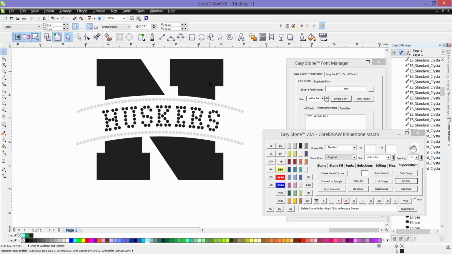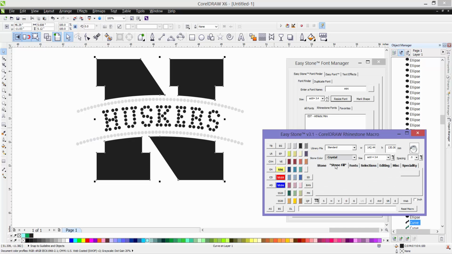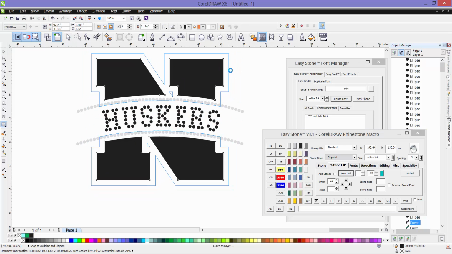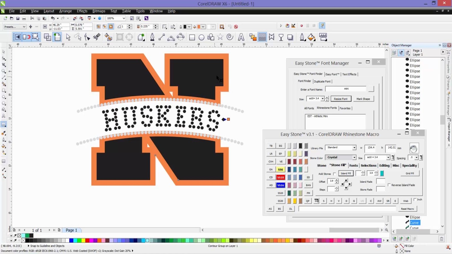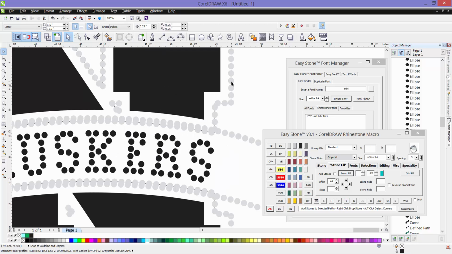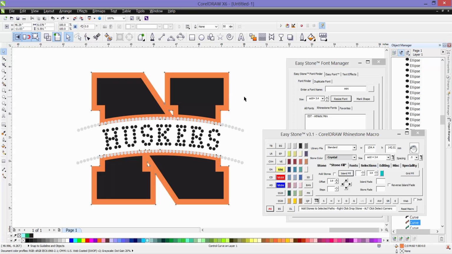Now, the next thing we need to do, of course, is outline our N in stones as well. So to do that, we're going to come here to the Stone Fill tab, and we can use this advanced offset option, or we could specify a value too, or we could just guess using our offset function here in CorelDRAW. We can just guess if I add stones to this. We can look at the distance between this stone here and the spacing between our N, and we could say, well, that's a little bit too much. So we can just go ahead and adjust this,